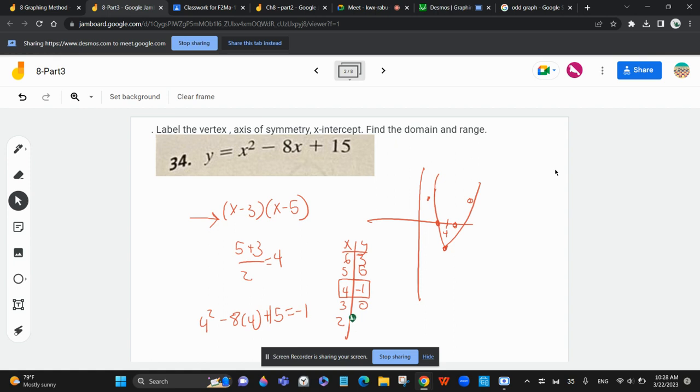Yeah, so you'll find the vertex to be 4 and -1, and the axis is 4, the x-intercepts are 3 and 5,